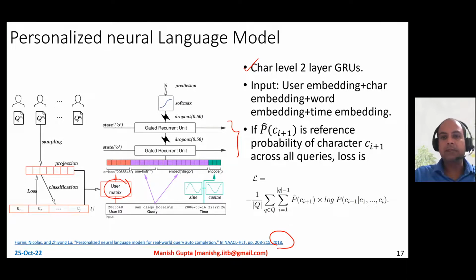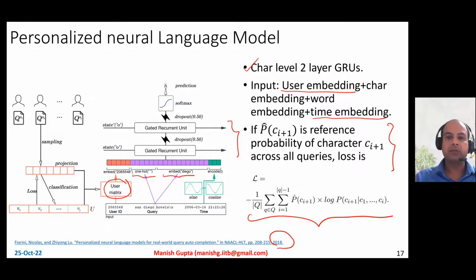Also a character embedding part and the word embedding part. It takes a one hot encoding of the character. It also takes embedding for the word of which the character is a part of, right? And lastly, it takes time embedding also. So time embedding and user embedding are things that no previous work had considered, and this particular work takes it into account. So all of these together go in as inputs, character by character inputs, and then you try to predict the next character